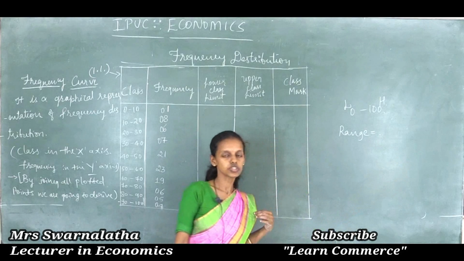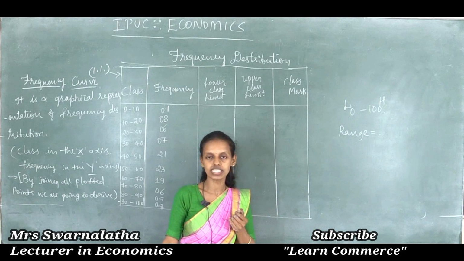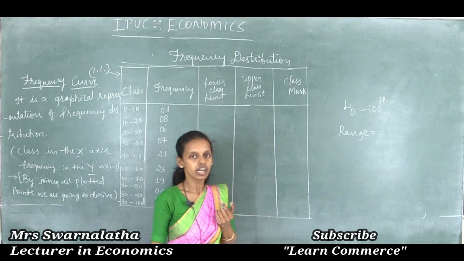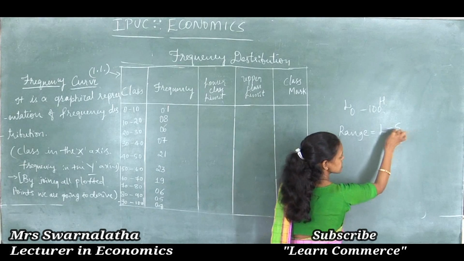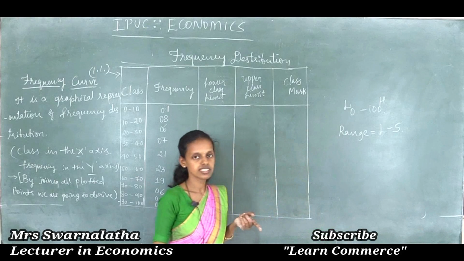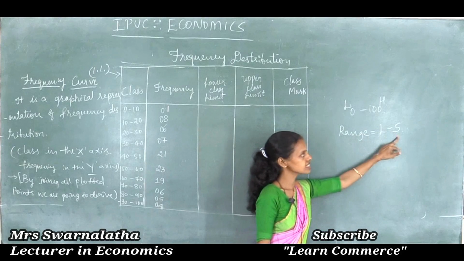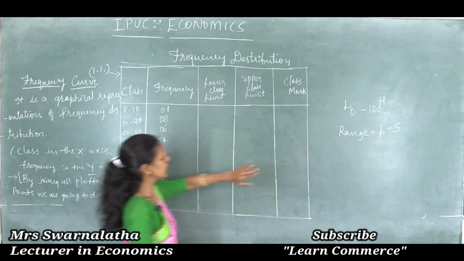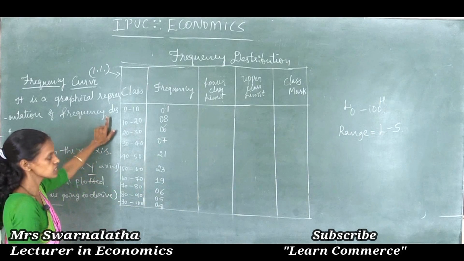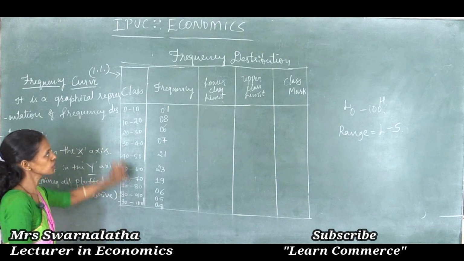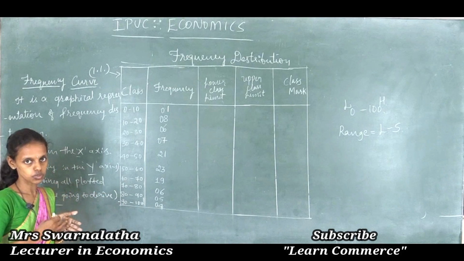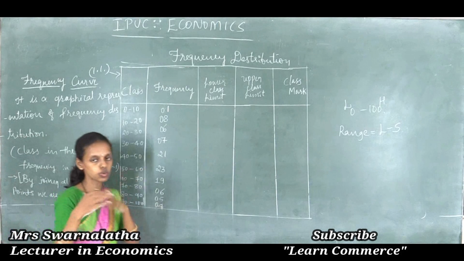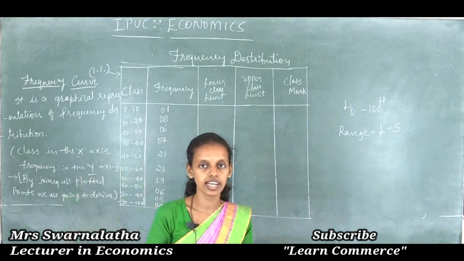Range is nothing but, students, if the numbers are very large, these calculations become cumbersome. Thus, to find the range, Range R is equal to L minus S, the largest value minus the smallest value. Before arranging these classes, how to arrange the classes is a doubt for some students. Some scored 0, some scored 10, 20, 50, 100, 90 like that.